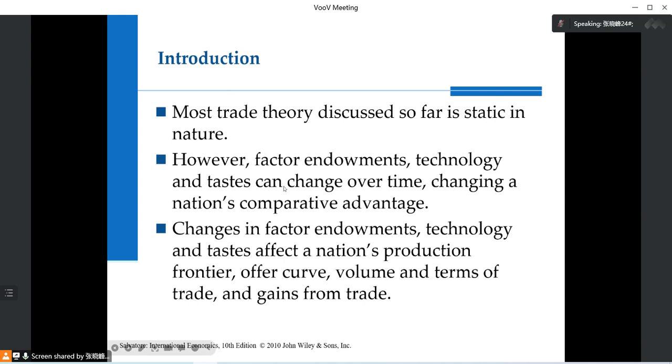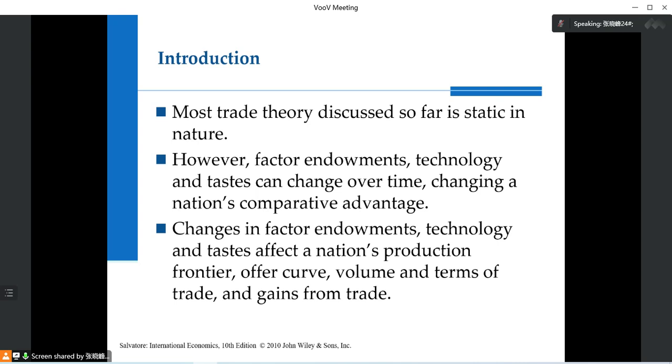Few people do research from the perspective of tastes, that is, the preference of customers: how does the customer's taste affect national competitive advantage,